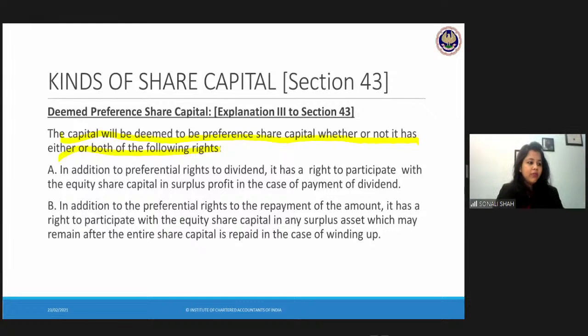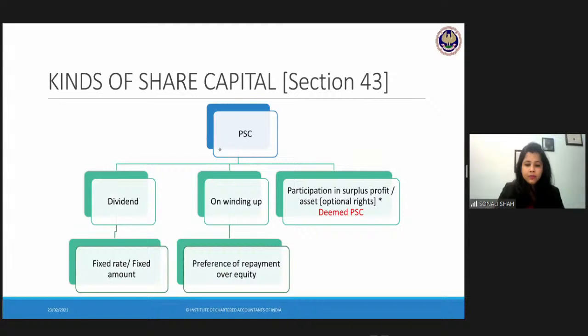Are we clear on the deemed preference capital? So basically, deemed preference capital speaks about the situation where the preference share capital has a right to participate in the surplus profit or has a right to surplus asset. So if the preference share capital comes with this right, or does not come with this right, it will be deemed to be a preference share capital. Is that clear? Okay, so if we try to sum up the preference share capital as such,